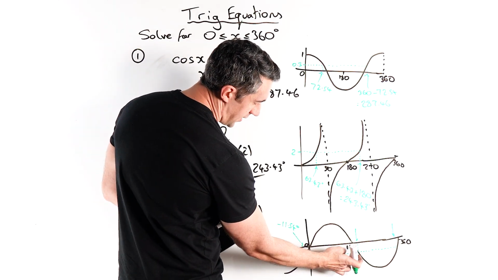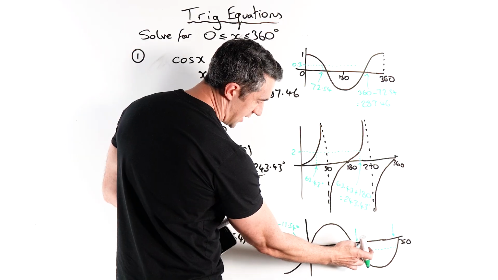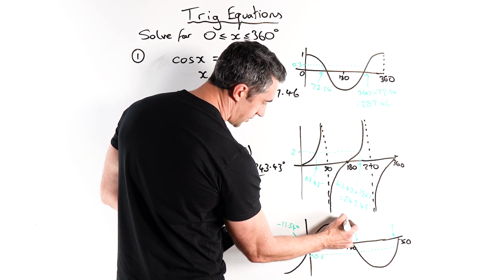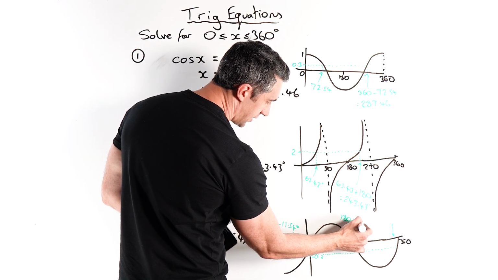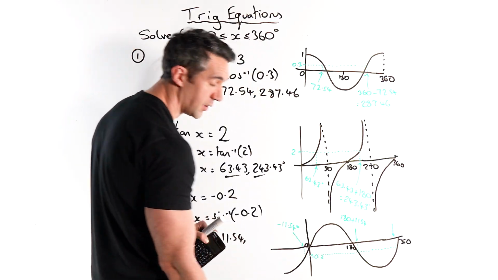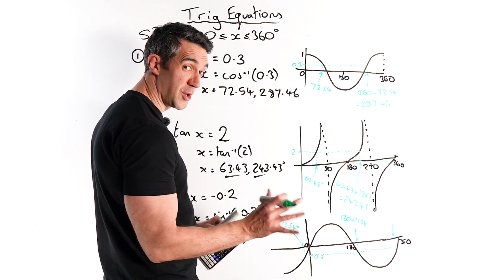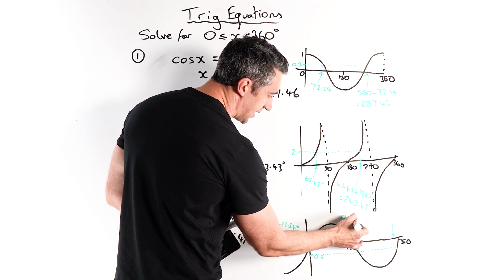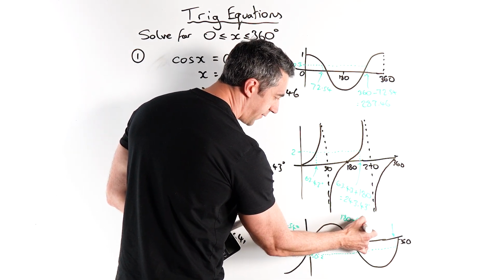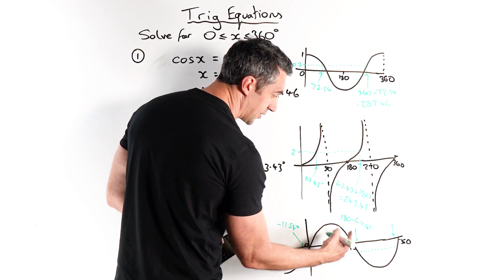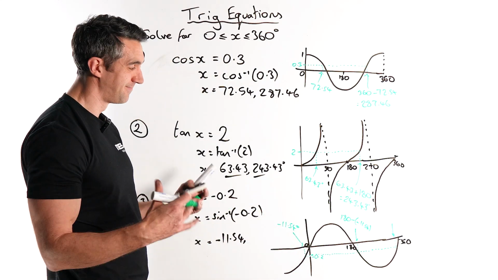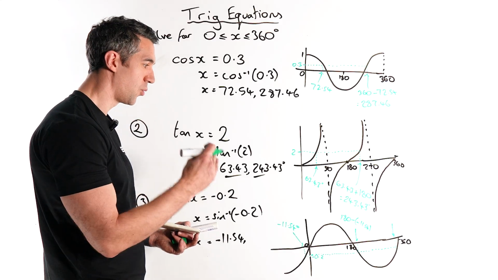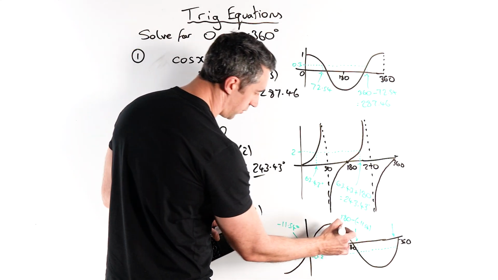Okay? So the idea is hopefully it's just jumping off the page at us. We say, well, this 180 here, surely I've gone 11.54 further along. So I'm just going to do 180 add 11.54. Now what I'm doing there, and what you might find you do in other sine equations, is I'm doing 180 minus the first value I found. It's just that that value is negative. So if I do minus minus, obviously it makes it positive. So I've got 180 plus 11.54 gets me